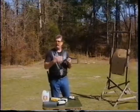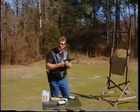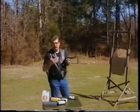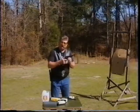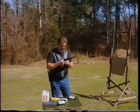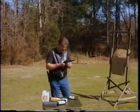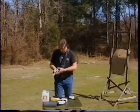Now, the advantages of a single action are simplicity, durability, a very, very rugged mechanism. The internal parts are a little bigger than on some of the double action guns. The hand that turns the cylinder in place is a bigger affair there. The parts are a little more massive, and plus the cylinder itself turns on a central base pin, a central cylinder pin there. You have a lot of rigidity between the frame and the cylinder there, because the rod goes through the frame all the way through the cylinder, locks up in the back,